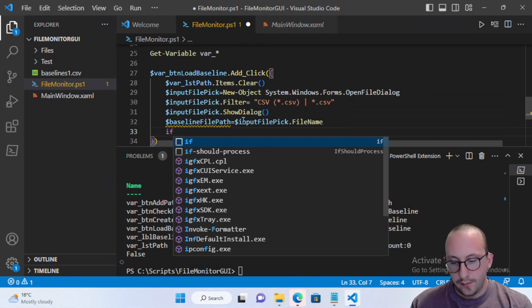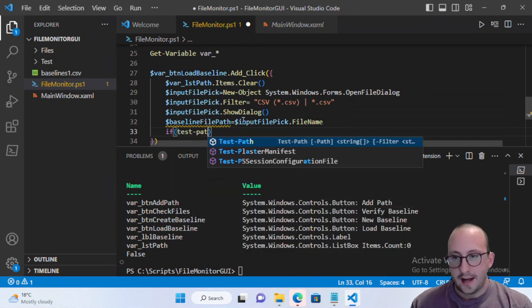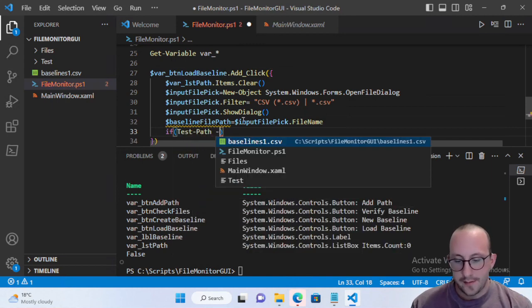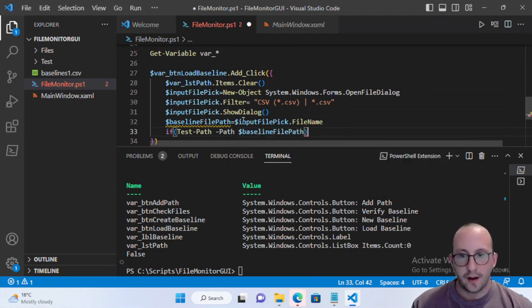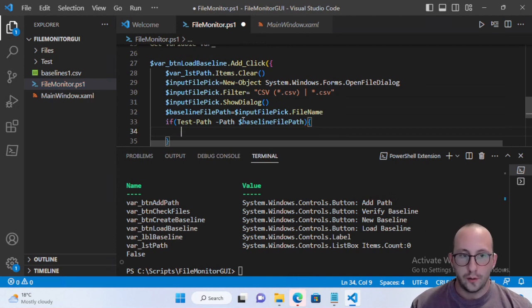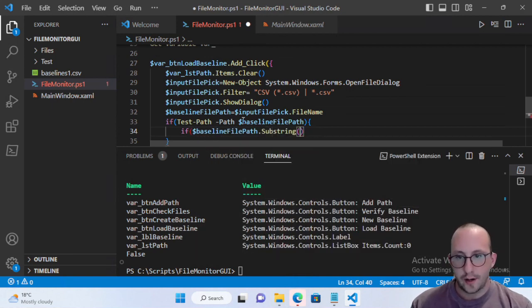So let's just do an if, and we're just going to add a test path. So it's actually going to test the path as well that we've given to it. So it's going to test the path for baseline file path, open and close curly brackets. And we're going to do another if here. If the baseline file path dot substring baseline file path dot length -4, and we're checking for the length of 4, so that's going to grab the dot CSV,